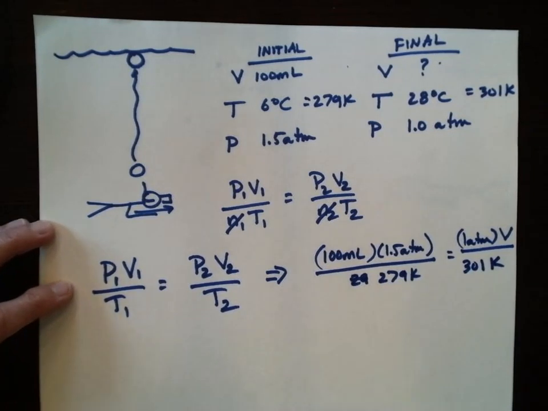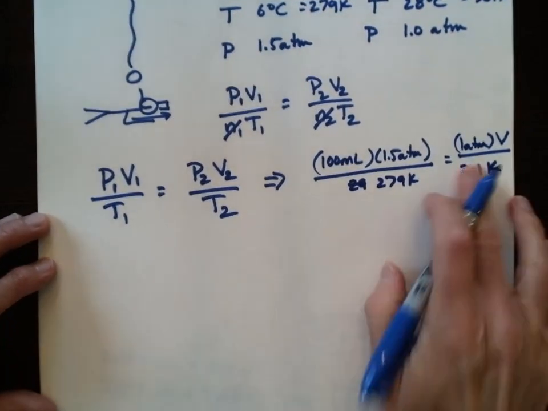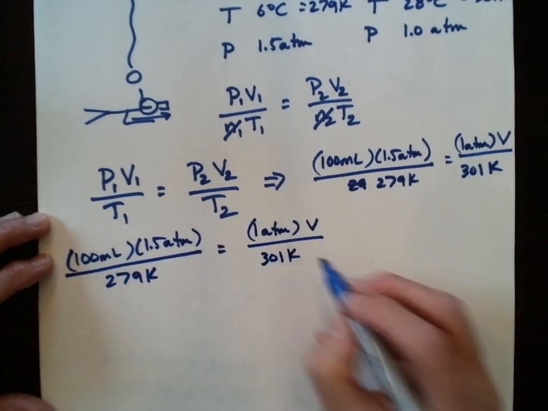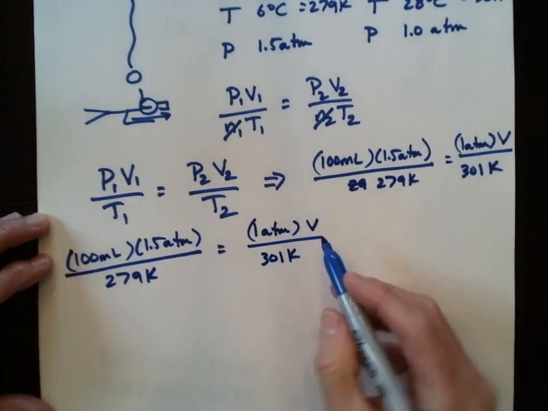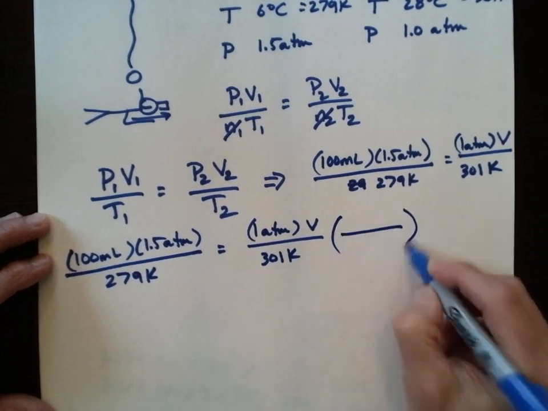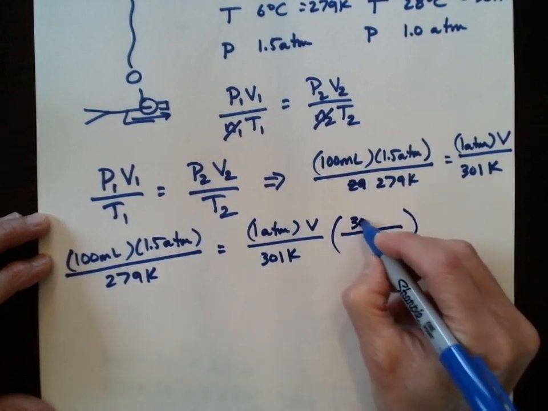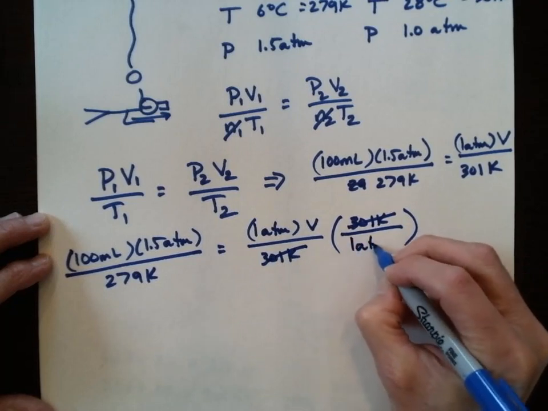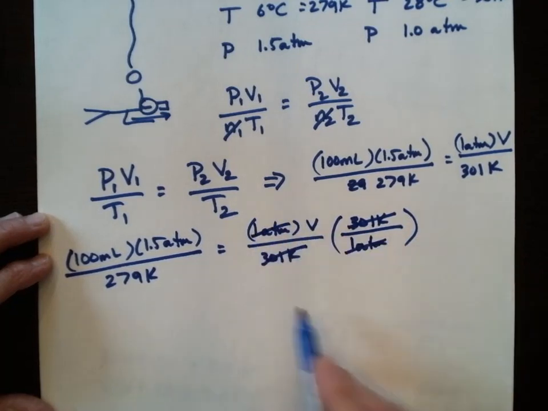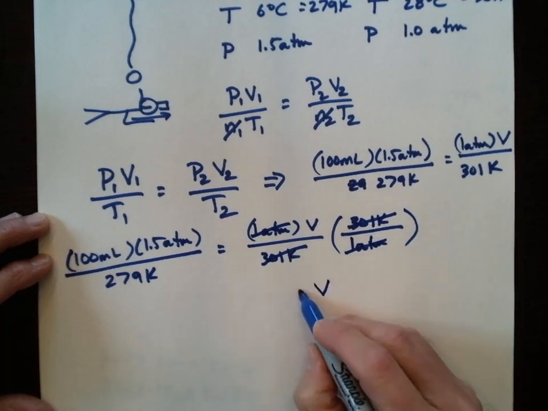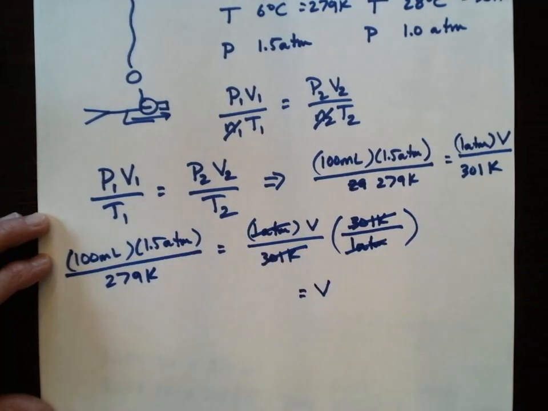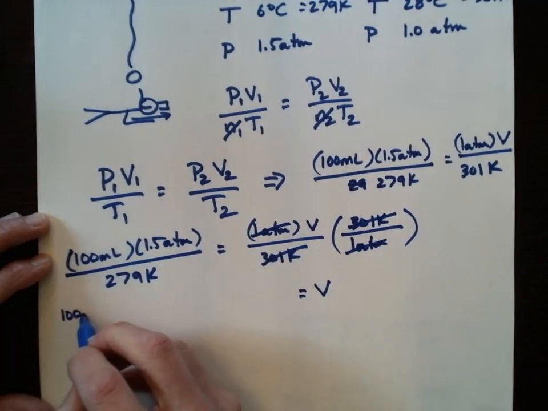We've got a little bit of math to do here. Let me go ahead and write these over again. All right, so we want the volume alone. So I'm going to multiply this side by 301 Kelvin to cancel this, and divide by 1 atmosphere to cancel this, leaving volume alone on this side. Of course, whatever I do to this side of the equation, I have to do to the other side of the equation. So we're going to go 100 mils,